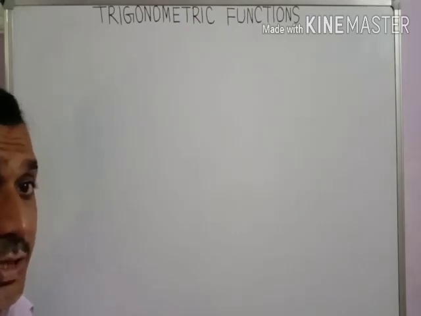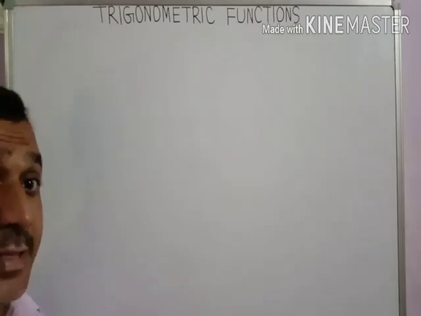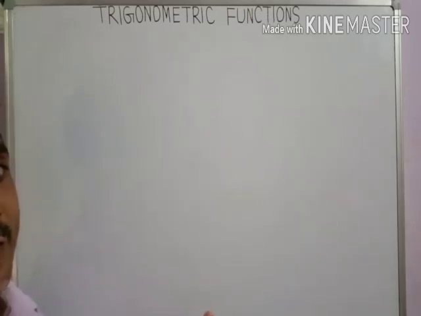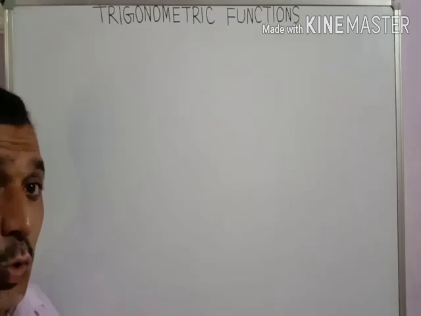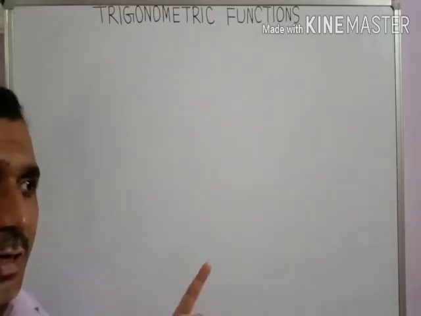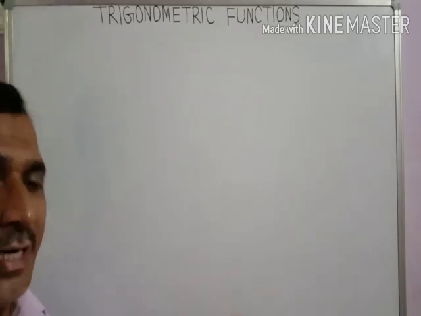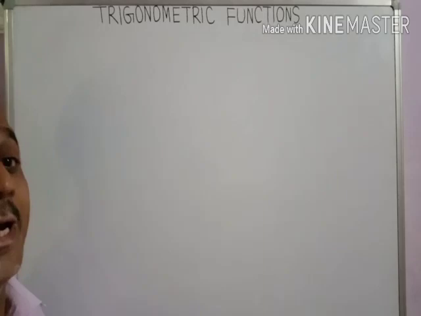And in this class, we will extend the definition of trigonometric ratios to any angle as a real number in terms of radian. It means in class 10th, you used specific angles with all the T ratios, like 0 degree, 45 degree, 30 degree, 60 degree or 90 degree. You have not used any theta more than 90 degrees.